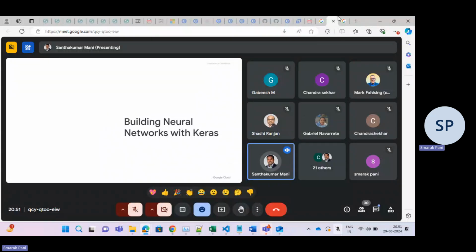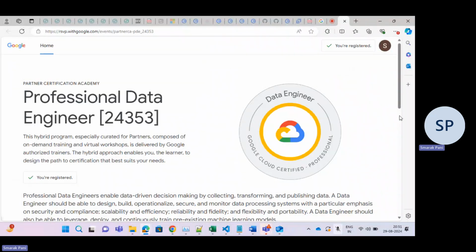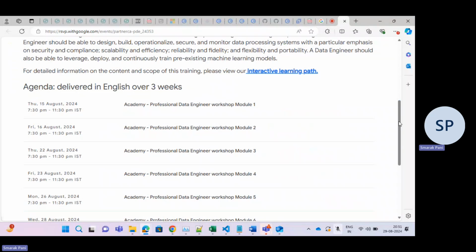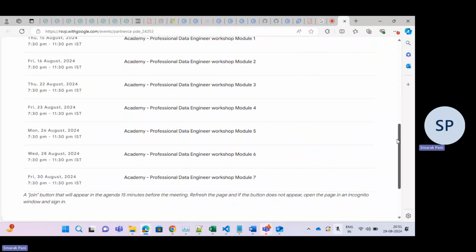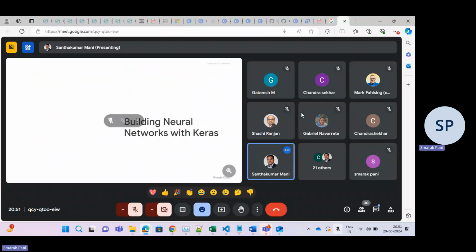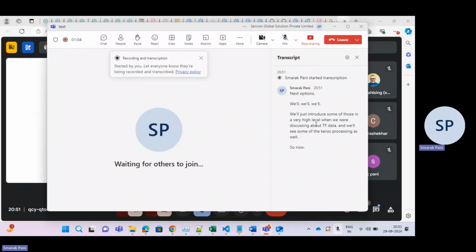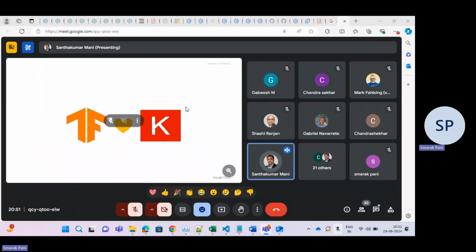We'll just introduce some of those at a very high level, where we were discussing TF data, and we'll see some of the Keras processing as well. So now, TensorFlow with Keras. Before getting into this, we know that data is a very crucial component of a machine